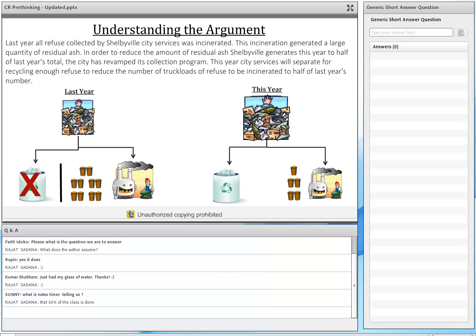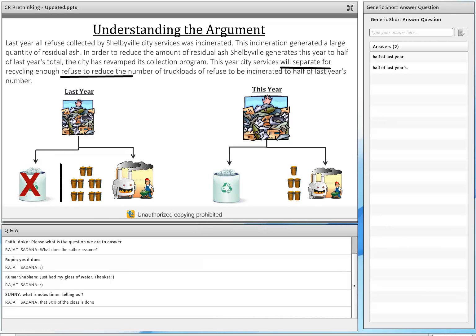And to see why it's 5 despite collecting 10 times the garbage, let's read the argument once again. This year, city services will separate for recycling enough refuse to be incinerated to reduce the number of truckloads to be incinerated to half of last year's number. So what this is saying is that regardless of the amount of refuse that we collect, we're only going to send half as many truckloads for incineration this year as was the number last year,